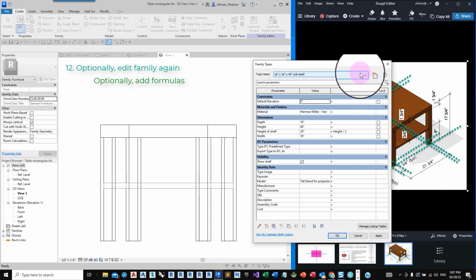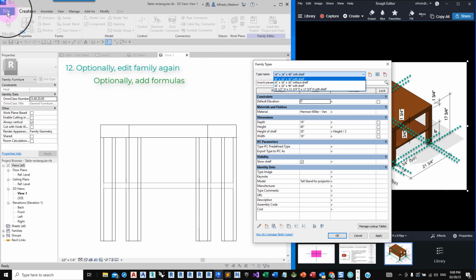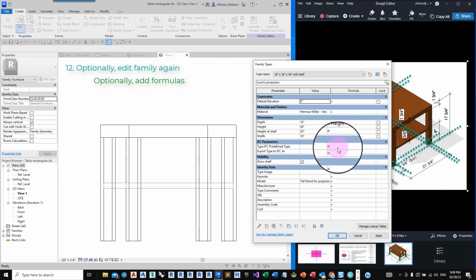Also notice that here in the list of types, you have 4 types, including the 3 that you made originally and the one that you did inside the project. So when you click on Edit Family, you get all the types that you have created in that project. If you don't want to get all the types, then in that case you want to open the family from File, Recent Files. That's the difference.